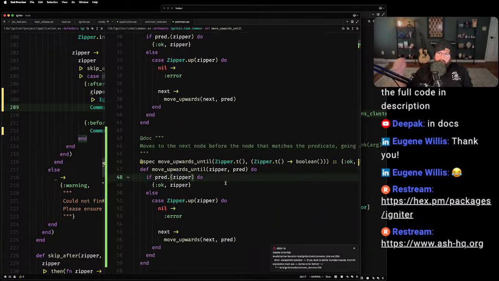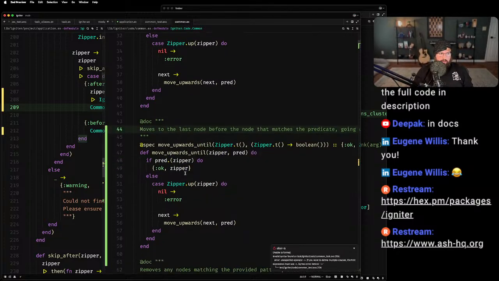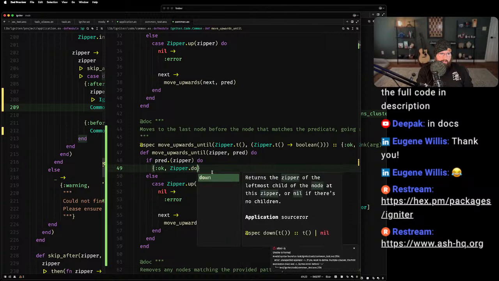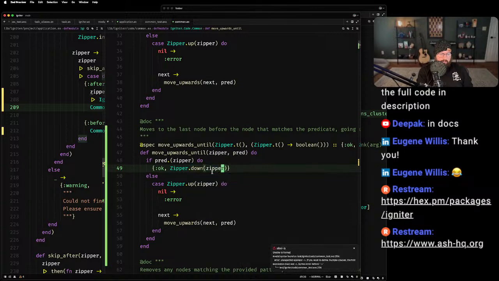And so then we're going to say, let's say this is the last node before the node that matches the predicate. And then if pred.zipper, we need to go zipper.down. Is that right? Yeah, it should be right. We'll just say zipper.down, or zipper for the first case.